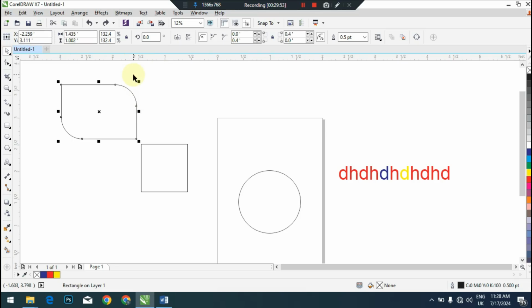So that is that on that aspect. So when you select any shape,